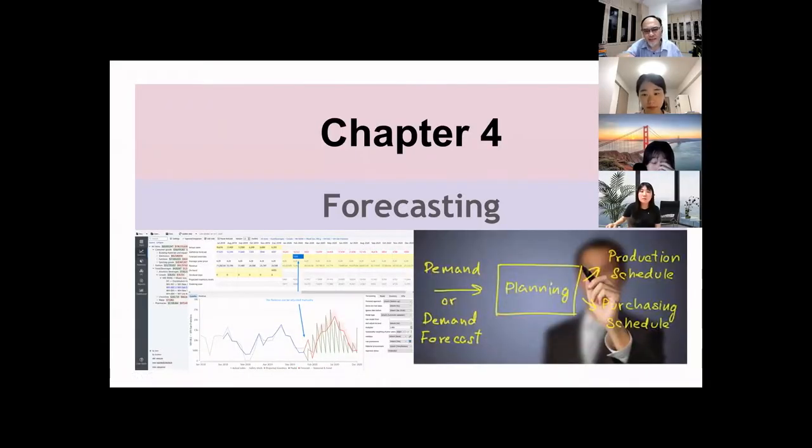Okay, so chapter 4 is on forecasting, and we look at methods of forecasting, why forecasting is important, and how it relates to operations management. Because when we want to plan our service, our production, we need to have some forecasting. Okay. So what I'm going to do today is